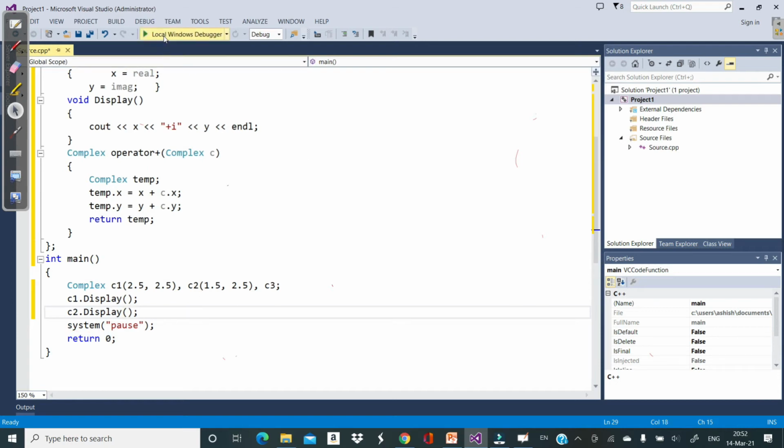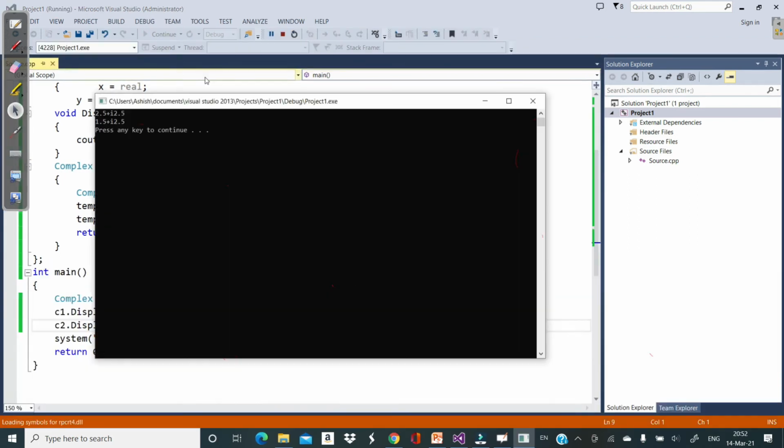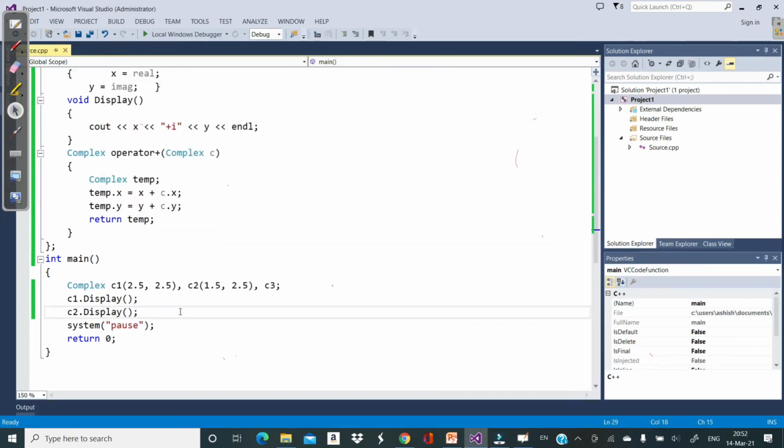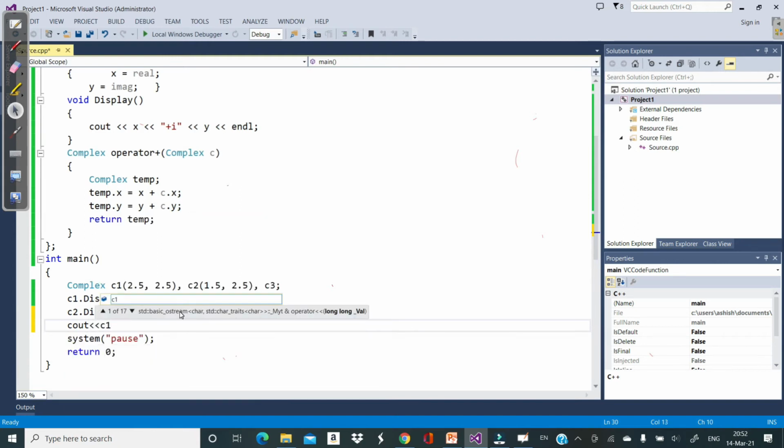It is going to display the complex numbers. Let's check it here first. See, x plus iy, x plus iy. Now let's say I want to add these two, C1 plus C2.